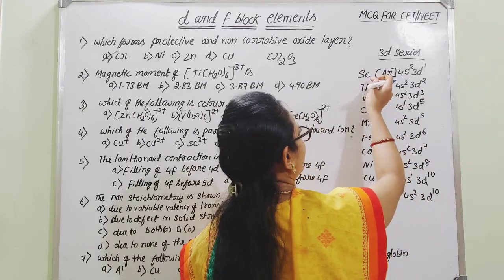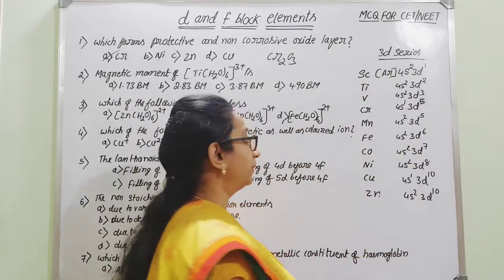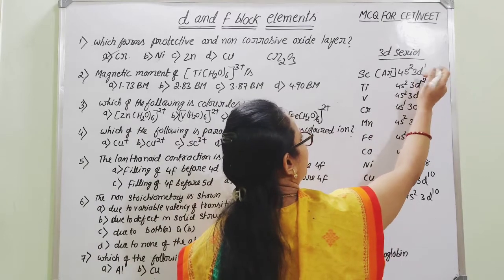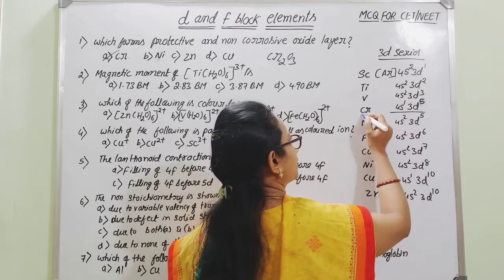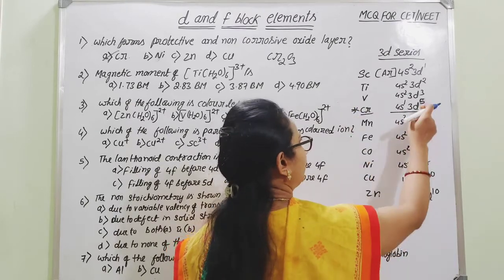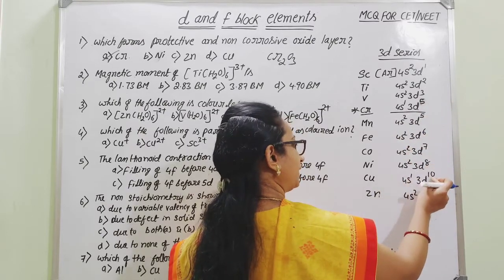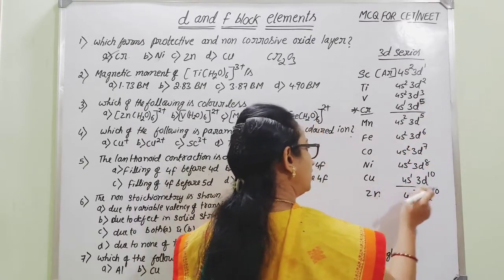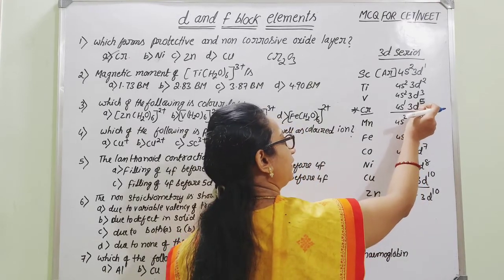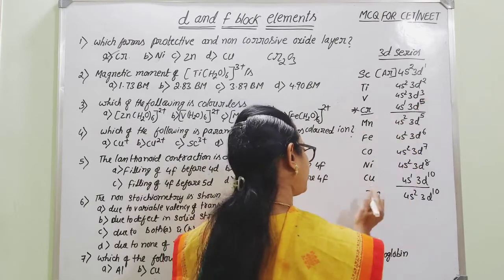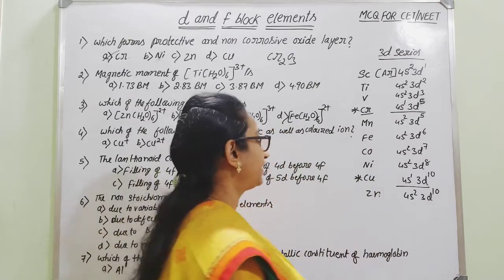Scandium has atomic number 21. Then for the remaining, you can go for successive numbers with increasing one number of electrons. So 3d1, 2, 3, in spite of 4 you will be having exceptional configuration with respect to chromium. And after 3, it is not 4, it is 5, 5, then 6, 7, 8. In spite of 9, it will be having exceptional configuration because of the more stable, completely filled d orbital. Here, the more stable half filled 3d5 orbitals. Therefore, both copper and chromium are having exceptional configuration.